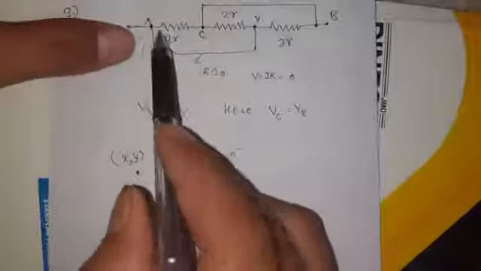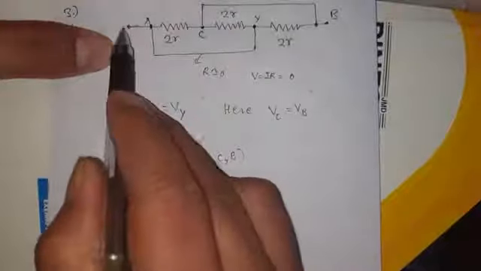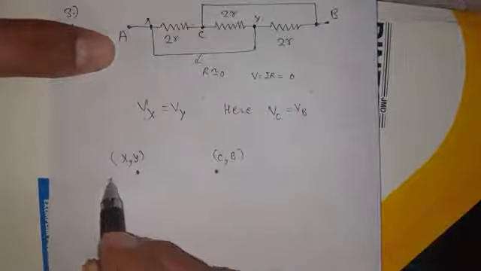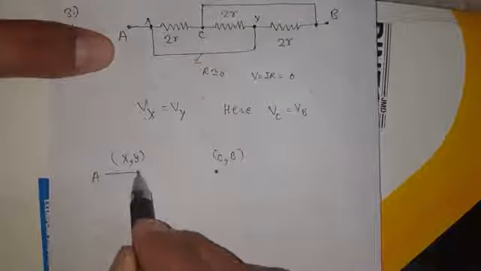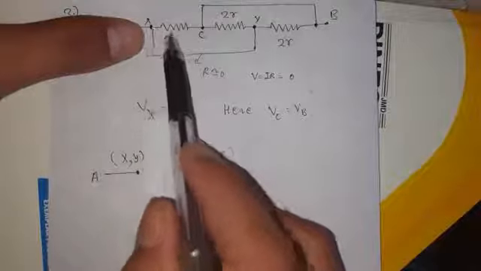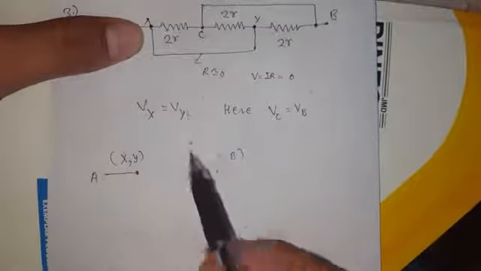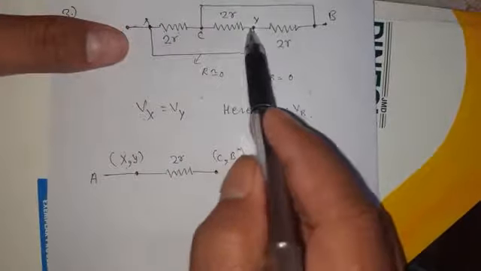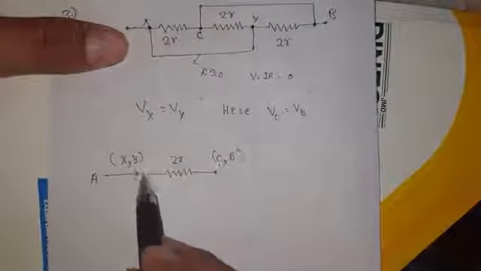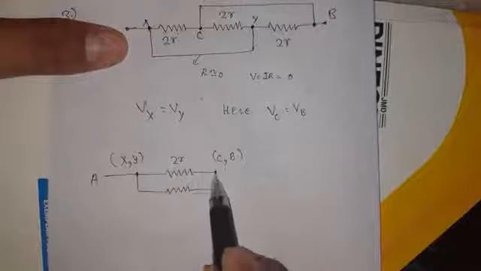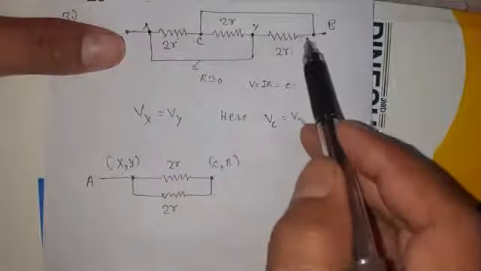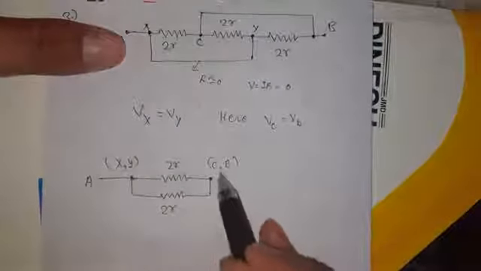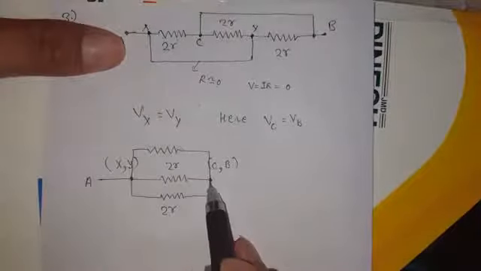here how they are connected to each other. So the x point is actually connected with A. So over here you can take this one as a point which is connected with the x. Now there you will find that between x and c a resistance of 2r is connected, this is the c point and x point, so between them 2r is connected. Thereafter between c and y there is a resistance of 2r, so c is this, y is this, and between them another resistance is connected which is of 2r. Now the next is y and b point, so y is this point and b is this point, so there is another resistor connected over here, so it is of 2r.